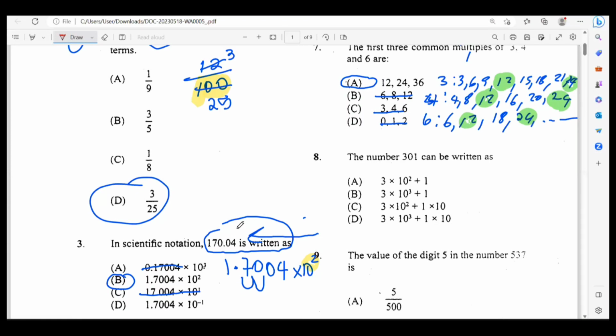The number 301 can be written as... You want to check all of these to see which one still gives 301. I'm seeing 301 at the front already. This is 301, because this is 100 times 3 plus 1. So this is correct. That means this can't be correct, and this can't be correct, and this can't